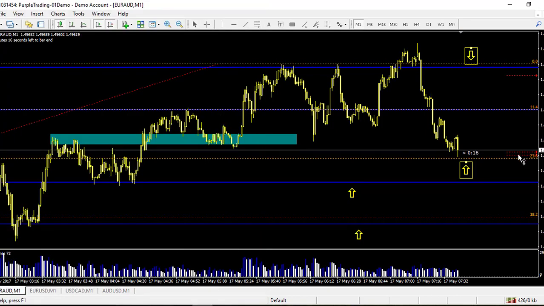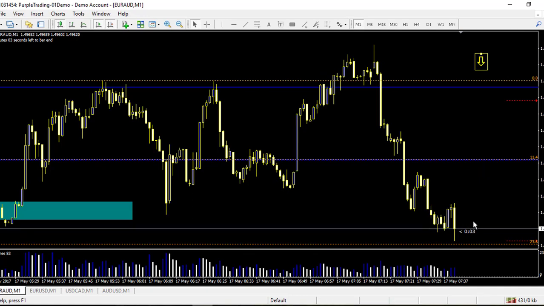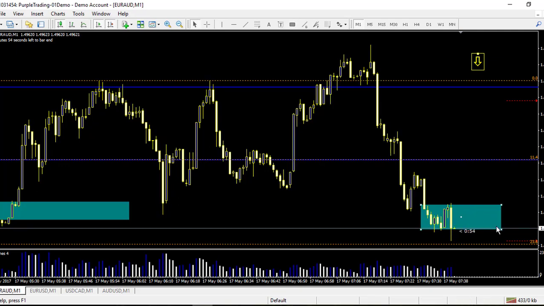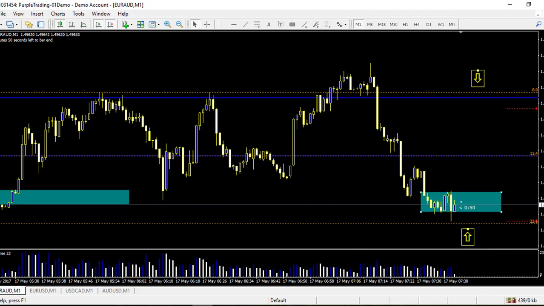For security, I really prefer to take the real touch of the line. And after, if I see my price is ranging just below, like in this example, and the price stays in this range, when it breaks this range, for example, let's say the price creates a range here and stays for 10 minutes. If the price after that comes back and manages to touch the level again, it might be a break of this range with so much power that it will break also my level, so I will go to the